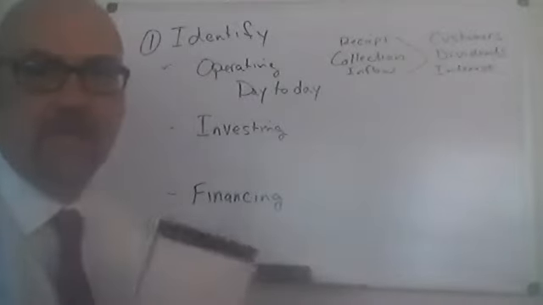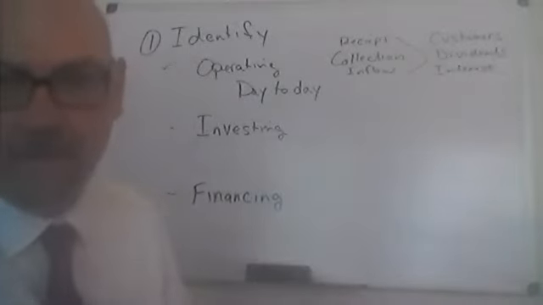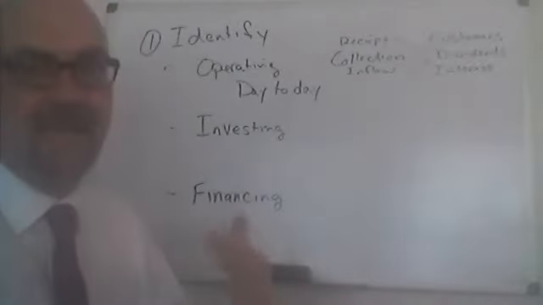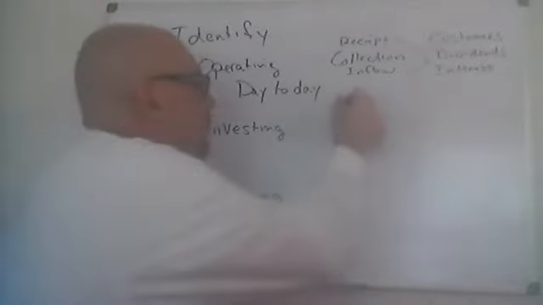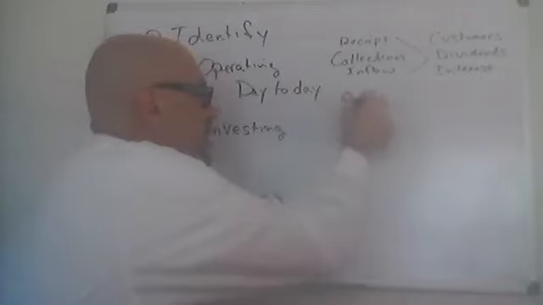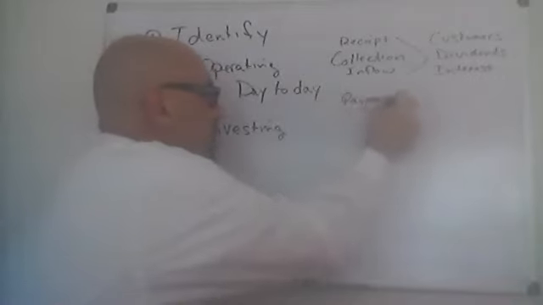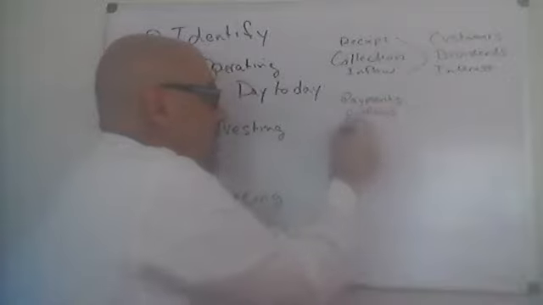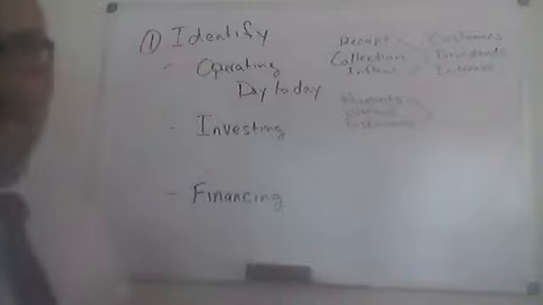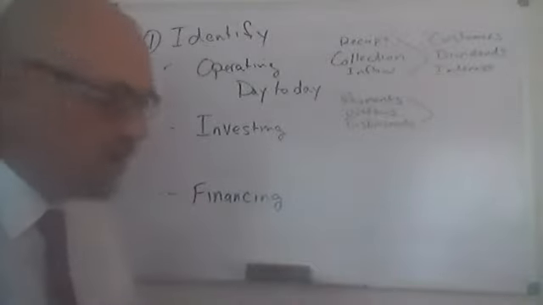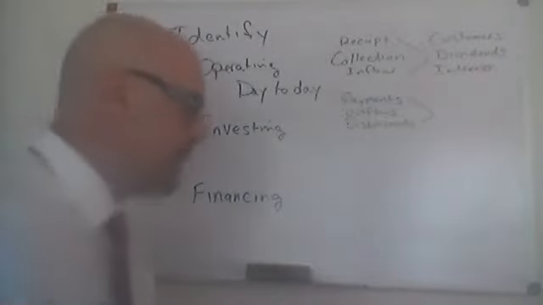So anytime we receive cash from customers, or we receive dividends, or receive interest, and if you notice, these are things that correlate with revenue. But we're only looking at the cash from them. Okay, for the payments, which could also be termed outflows or disbursements, all those words are used. Payments, outflows, disbursements. We're going to be looking at payments to vendors,